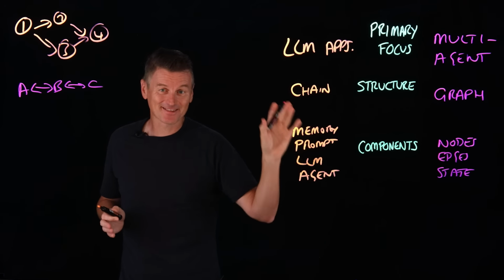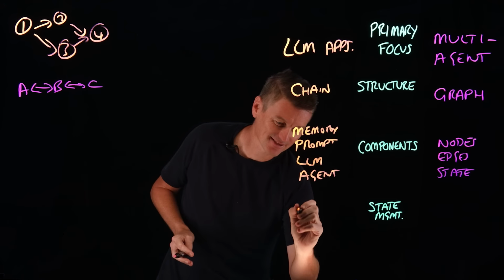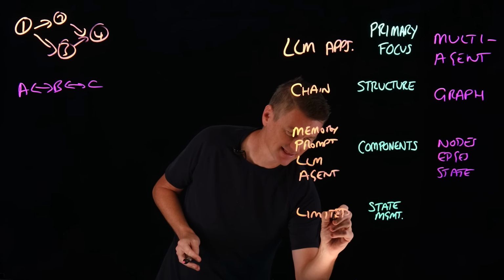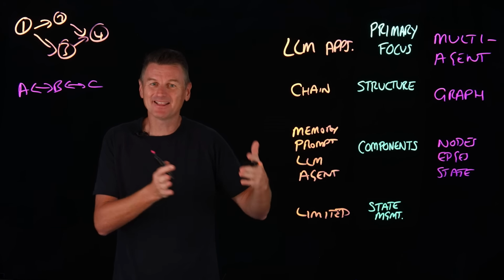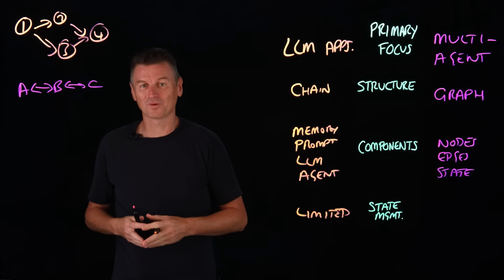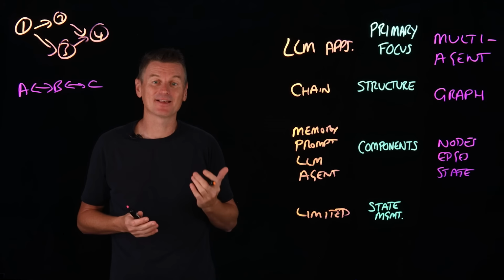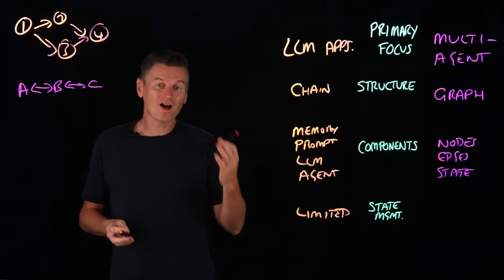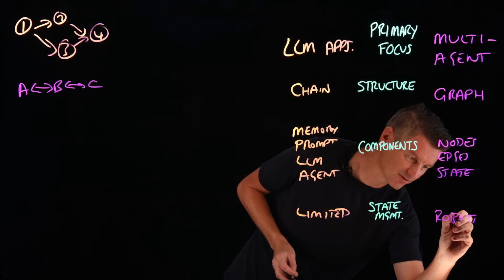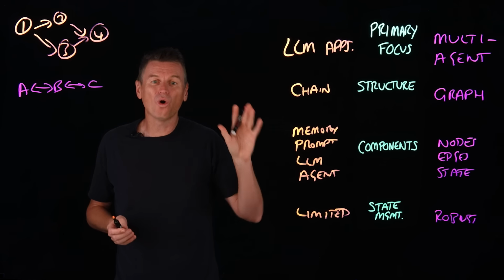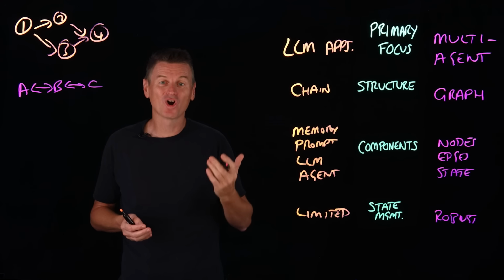And these are all part of a graph. And speaking of state, that brings us nicely to state management. And I think we can say that LangChain has somewhat limited state management capabilities. It can pass information forward through the chain, but it doesn't easily maintain a persistent state across multiple runs. That said, LangChain does have these memory components that can maintain some state across interactions. LangGraph's state management, I'm going to say, is more robust. And that's because state is a core component that all nodes can access and modify, allowing for more complex, context-aware behaviors.